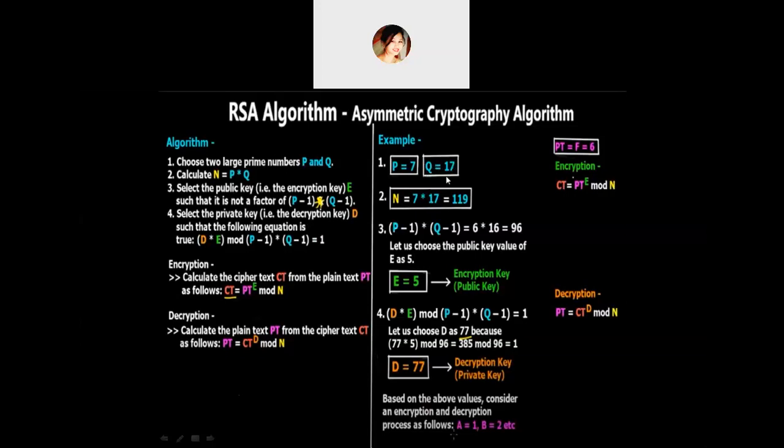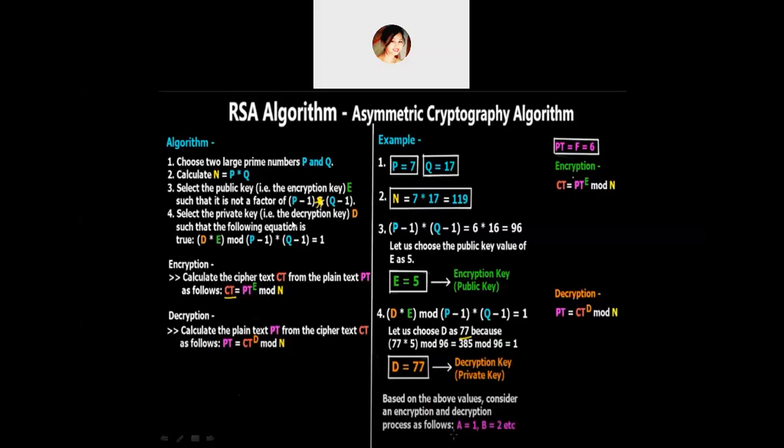These two numbers actually look small here, but they are very large for the system. When the system is trying to perform encryption and decryption using these two large prime numbers, it is considered very large. But for us it is just two numbers, 7 and 17. You can take some other two prime numbers, but you have to take them in such a way that they fulfill these two conditions, that is the third and the fourth condition.